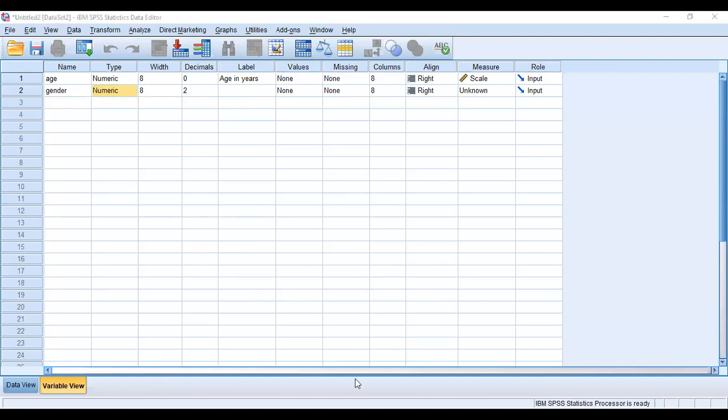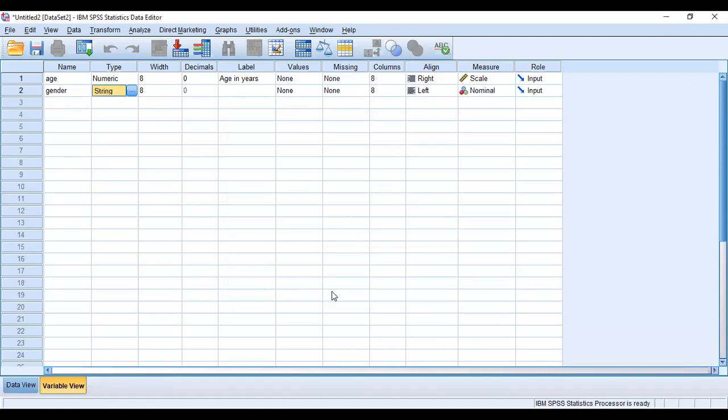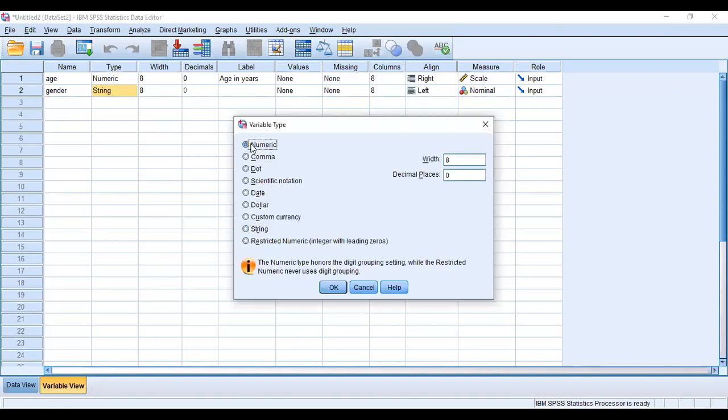Yes, ma'am. So in a t-test, what happens? You want to assess the difference between two different groups, right? Now, this depends on the need of your research. You can either keep your gender as a string variable, which is a categorical or discrete variable, or if you have to do some kind of analysis with gender, like seeing the difference between genders in intelligence level, emotions or personality, you can keep it as a numeric.